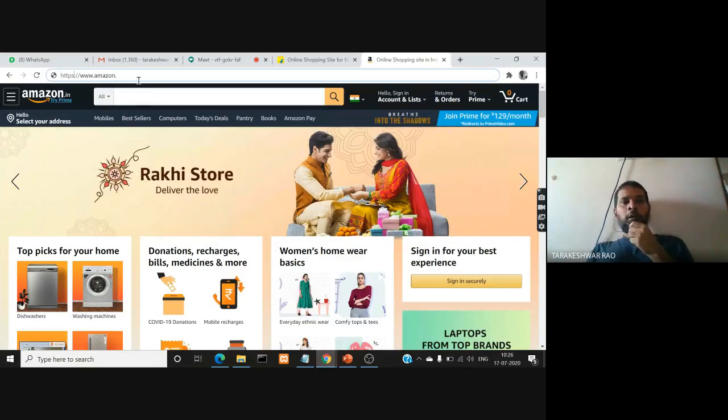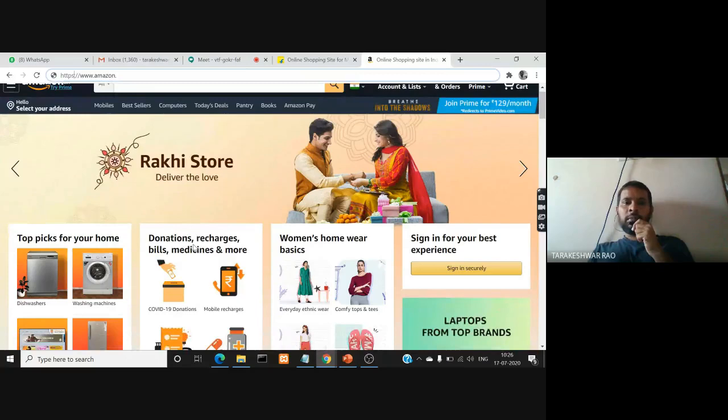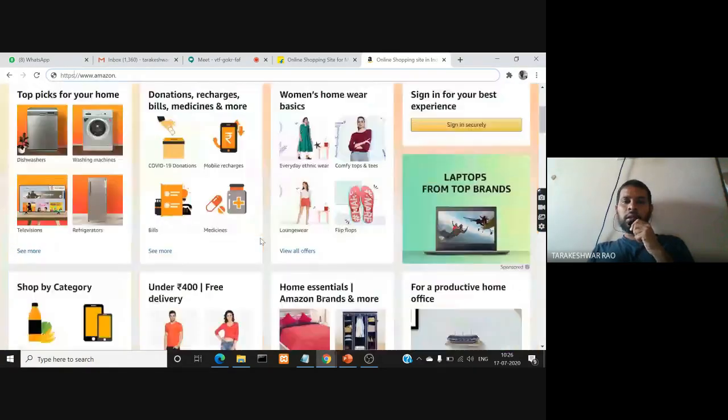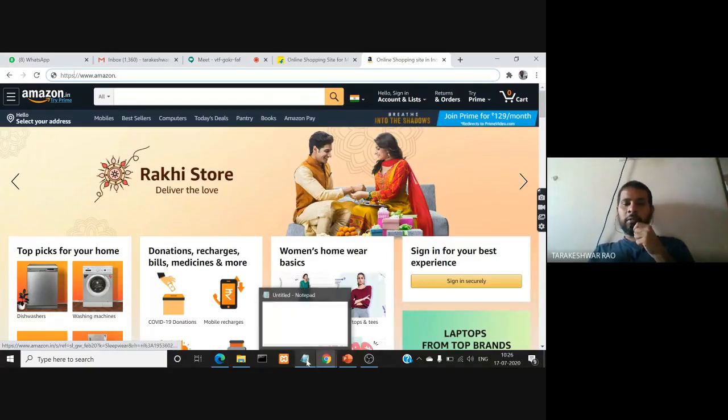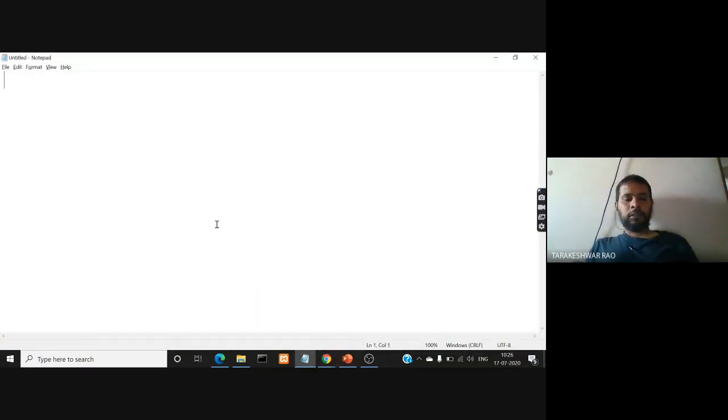So you can call this a web page, whatever content you are able to see in the browser window and scroll it. This is called a web page. So your web application that is located on your server will contain a number of web pages.